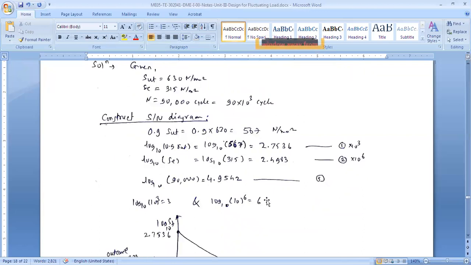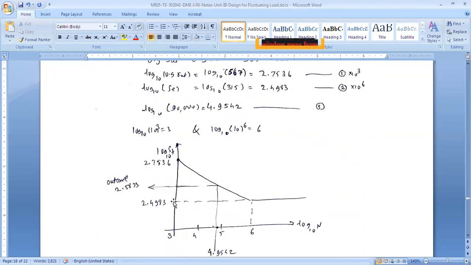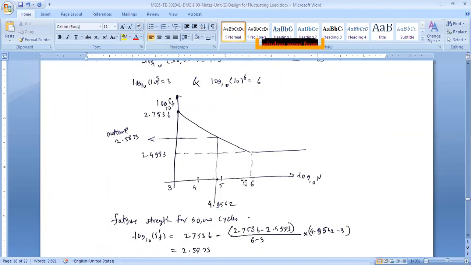That is 2.4983. So that becomes your y coordinate for this endurance limit, and the x coordinate will obviously be 10 raised to 6. Right? So log of 10 raised to 6 becomes 6. So this point will have coordinates x 6 and y 2.4983. So this is the endurance limit. So we got 2 points. We can join these 2 points and draw a horizontal line. This is infinite life, and from here to here is high cycle fatigue. This is infinite life, and below this, from 0 to 3, is low cycle fatigue.